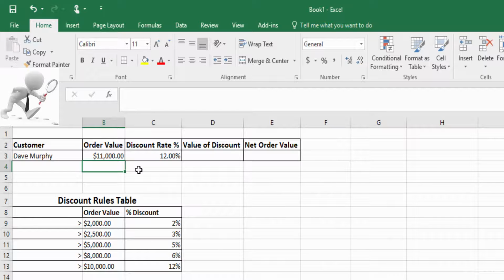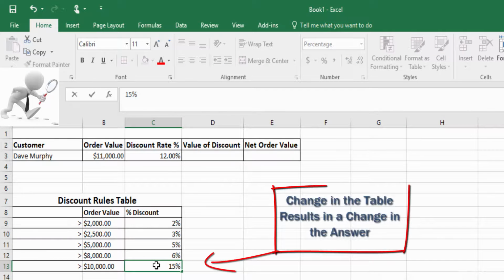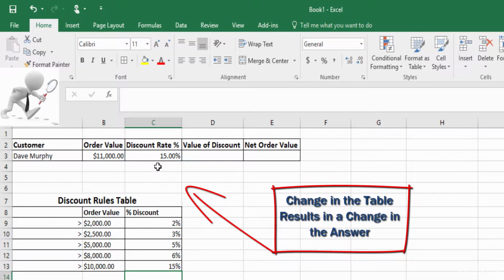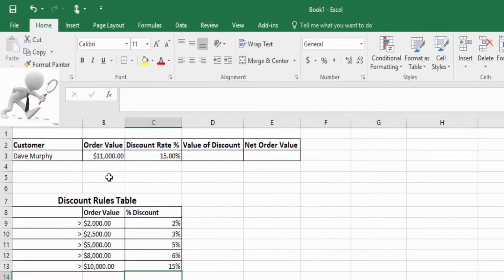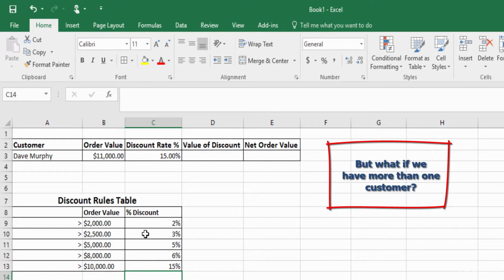Now let's see the value of building that formula by reference to the discount rules table. Now let's test if this small system will work for our employee. So use the boss to tell him or her to change the discount percentage for anything over $10,000 to 15%. Even though they know nothing about IF statements, they can easily change the rules, but we still need to test that it works correctly. Do the same with some of the other order values and check that your system works correctly. In fact, change both the order values and the percentages on the table to ensure that everything is